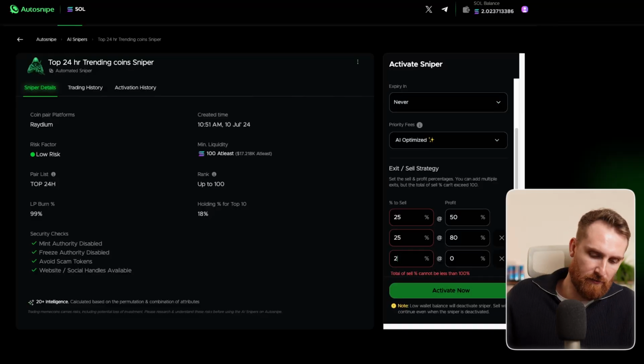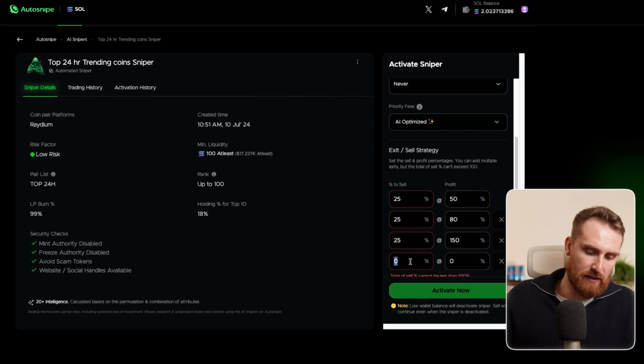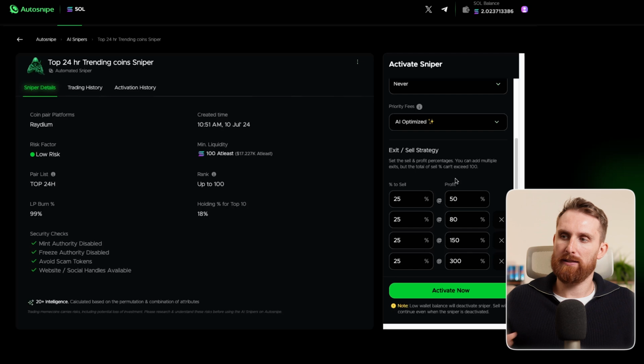Let's add another option. Let's go again 25% at 150. And let's add the last one, 25% at 300%. I think this is pretty fair. Again, you can set it up a bit different, but I think this is going to be a safe option for now